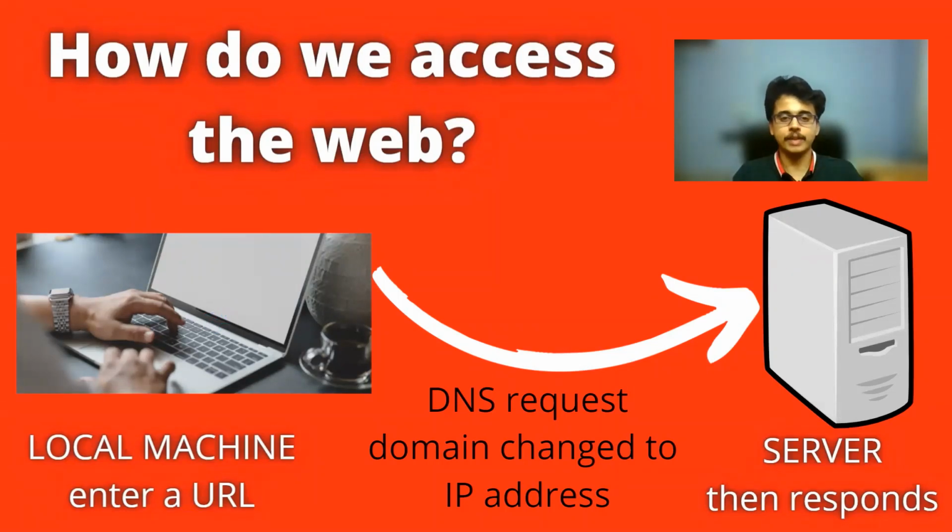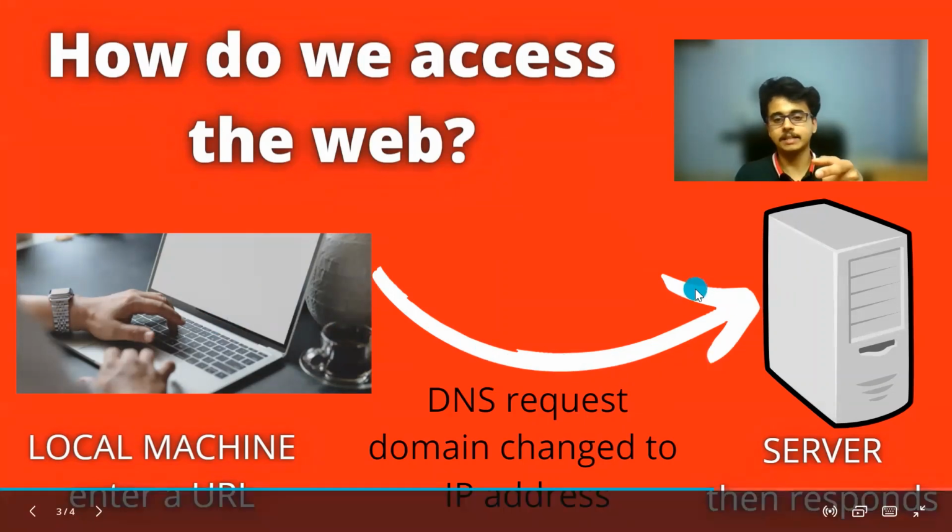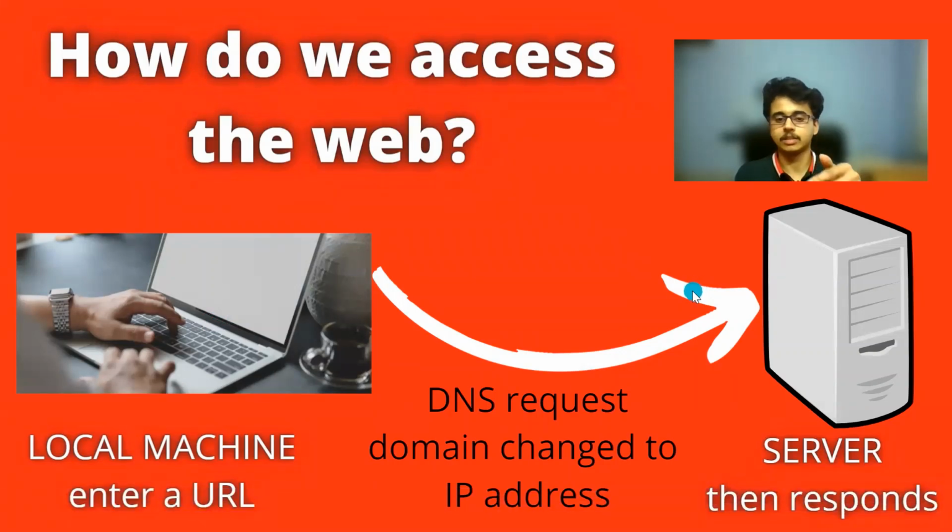And basically when you open Facebook, the web page loads, right? All that data, where is it stored? It is stored somewhere, right? So that server will respond and you will be able to see that. How to block the website now? So what is happening, the local machine is there, a request is being sent to an IP address. So this IP address, we can gamble with that. If we change this IP address, the request that is going to the server, and when it goes to the server, the server will respond.